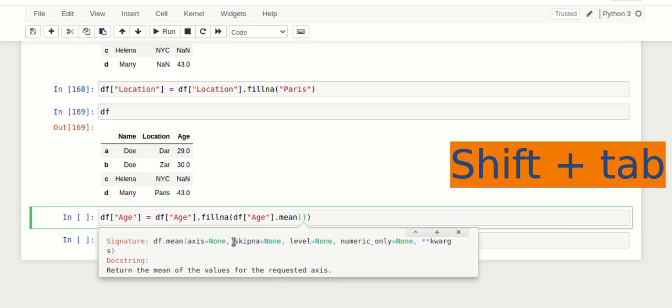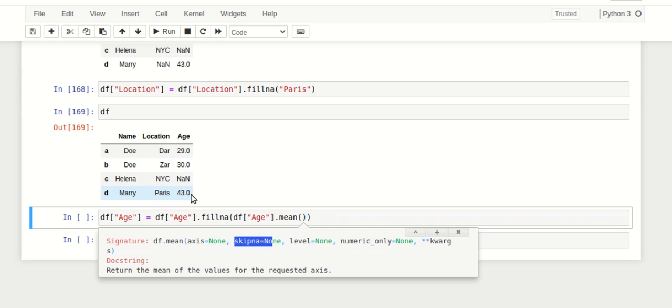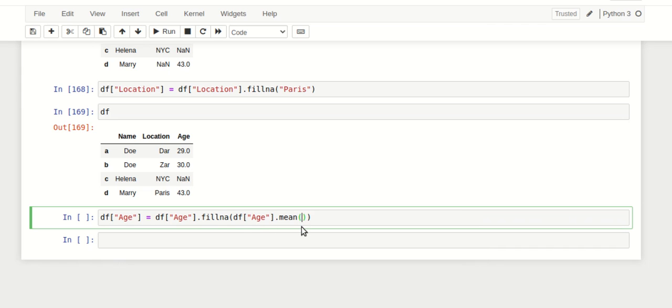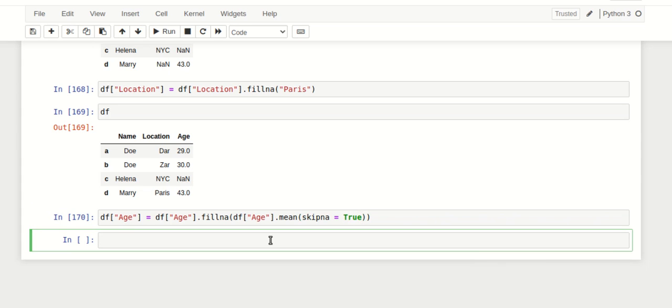So we can see one argument we can specify is skip NA. So we want to skip all the NA values. We just want to find the mean of this and this, so of 29, 30, and 43. We want to find the mean. Okay, so that's what we want to do. So we want to say skip NA equals true, right? So this is true. So we run this cell,